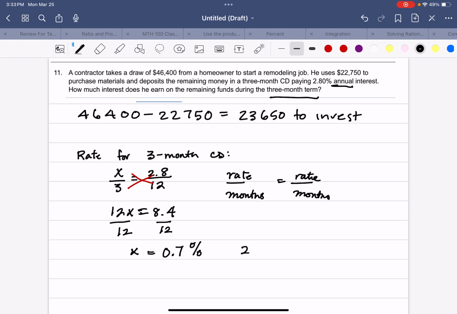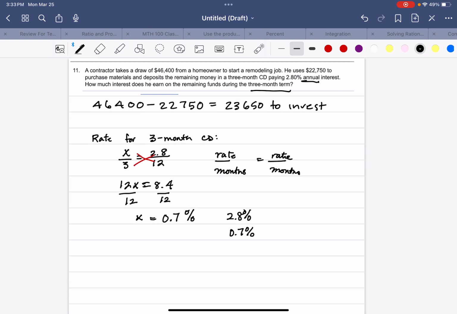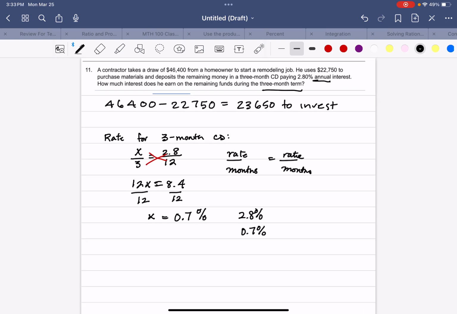Remember, it was a 2.8% rate, and our new rate is 0.7%. So we need to find out what is 0.7% of this amount that he had left over. So what is, not 7%, 0.7% of the